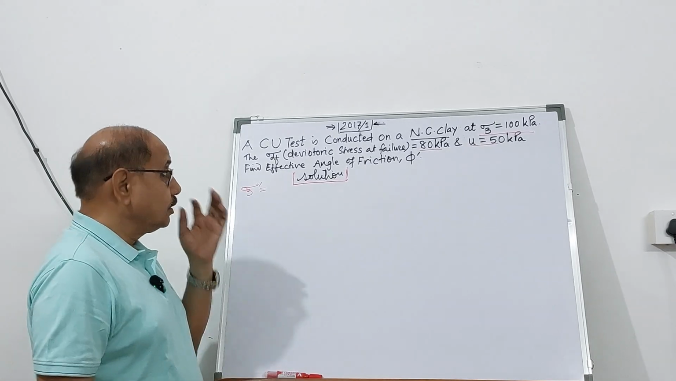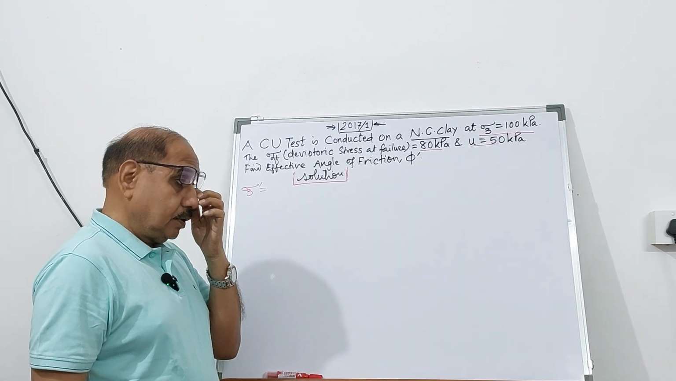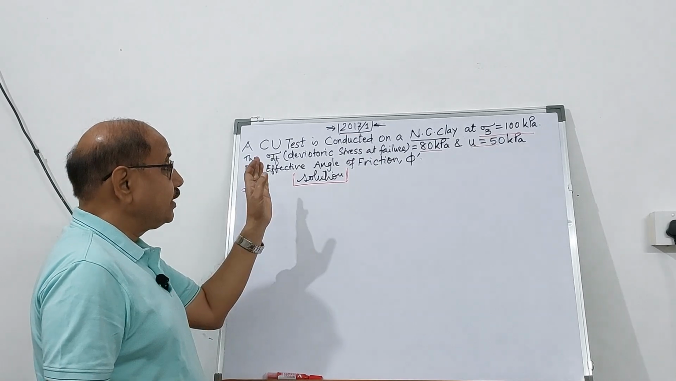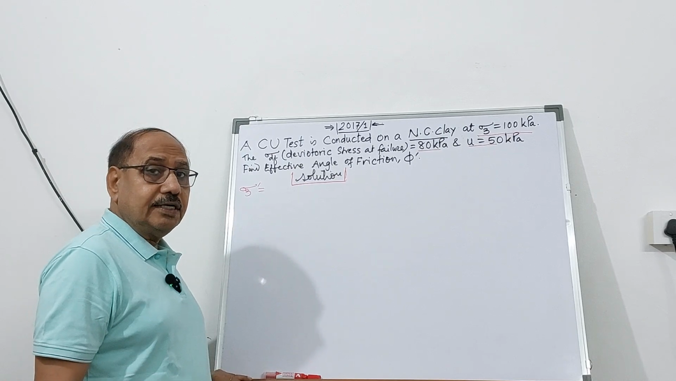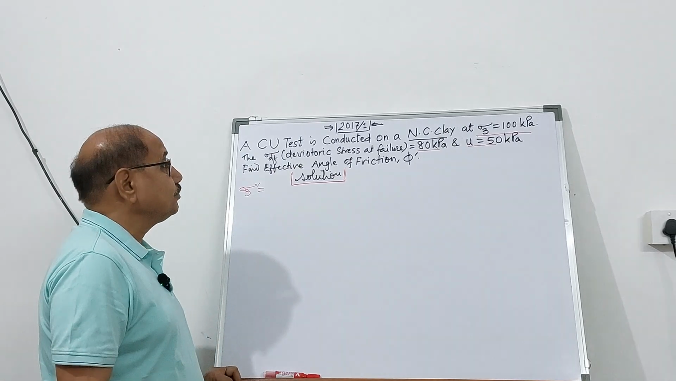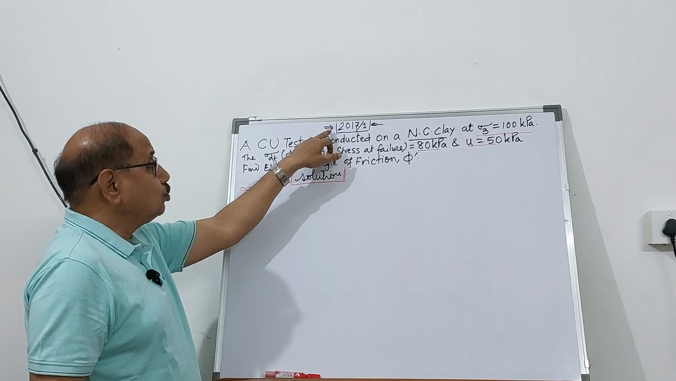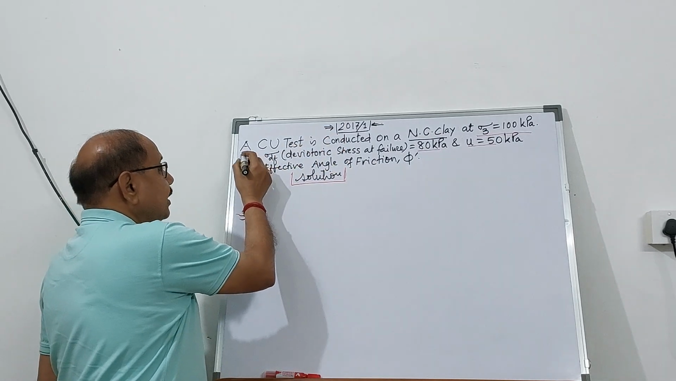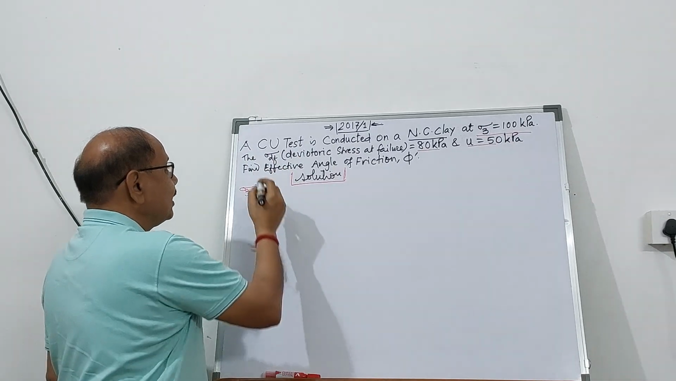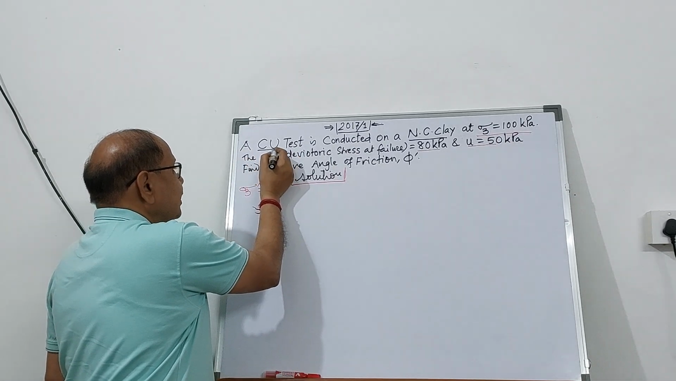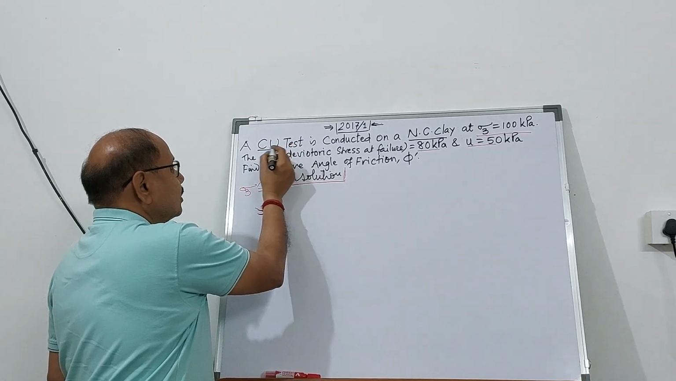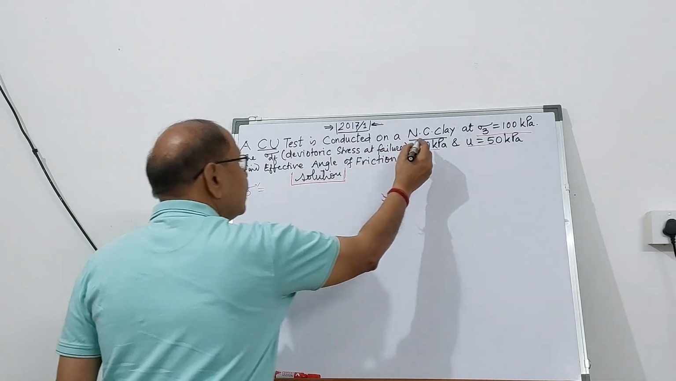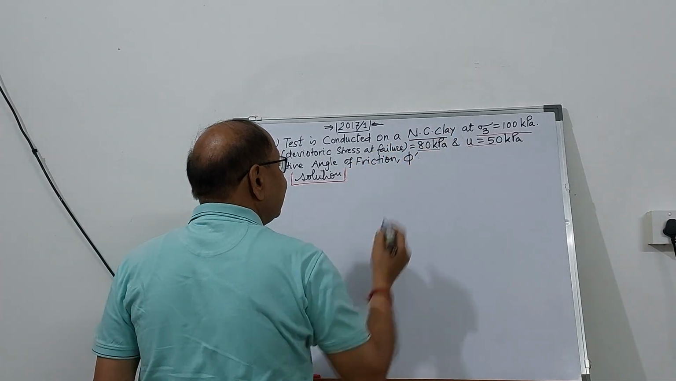Hello friends, today we will be taking great problems of various years related to shear strength of soil. So this is of 2017 and it is related to triaxial compression test. The name of the test is given to you, a CU test, consolidated undrained test, is conducted on a normally consolidated clay